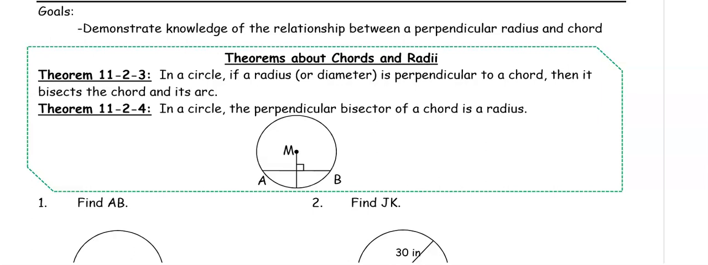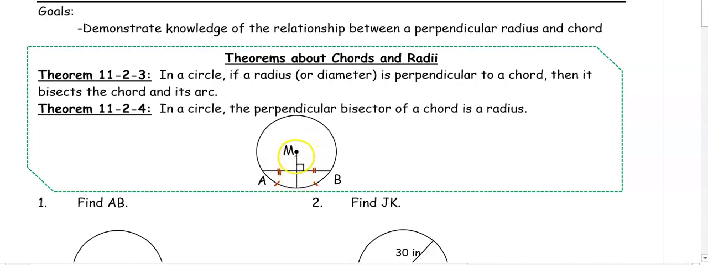This video is about demonstrating the knowledge of the relationship between a perpendicular radius and a chord. So if we have a circle where a radius is perpendicular to a chord, which is AB in this case, then it bisects the chord and the arc. Okay, and vice versa. If there's a perpendicular bisector, then